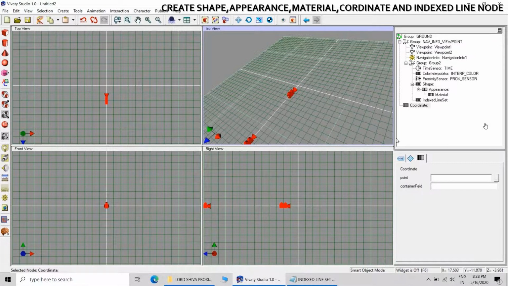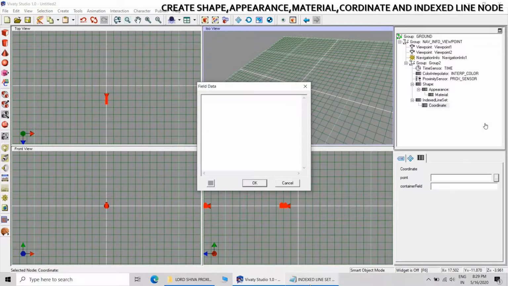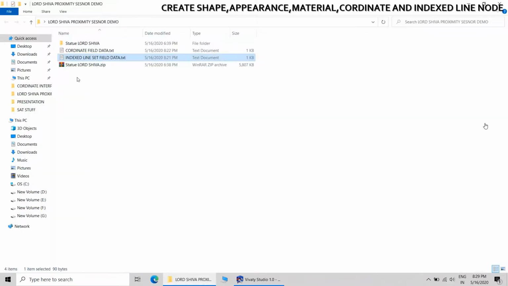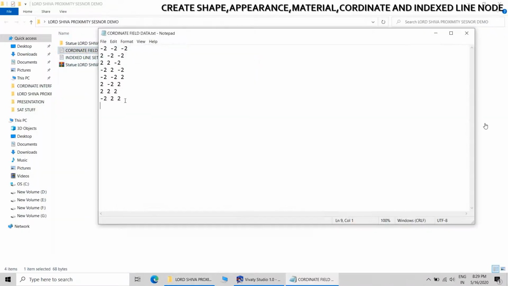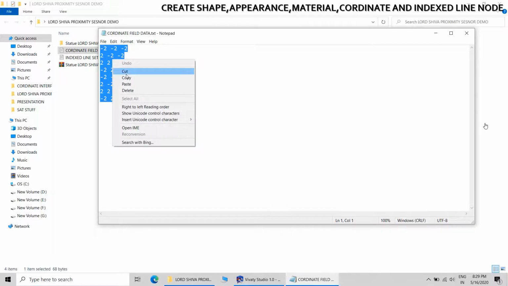Then create the coordinate node below the index line set node, and we have already created the field data in one text file. You just copy and paste this data.